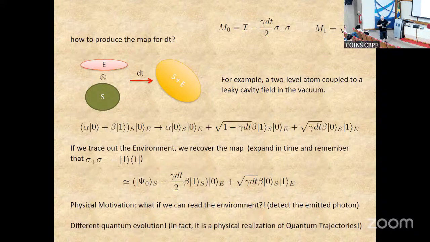So so far, I have explained to you quantum trajectories as a powerful mathematical computational way of solving the master equation, but there is actually a physical interpretation to it. And the physical interpretation is, let's say that this happens. Okay, let's say that I have a qubit and it can emit a photon, and somehow I can monitor if this photon is in the environment or not.